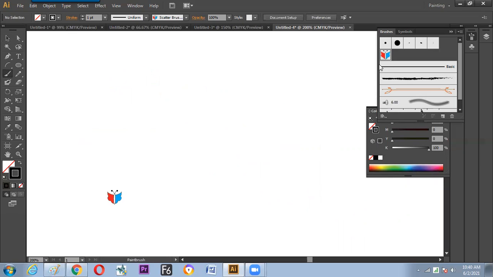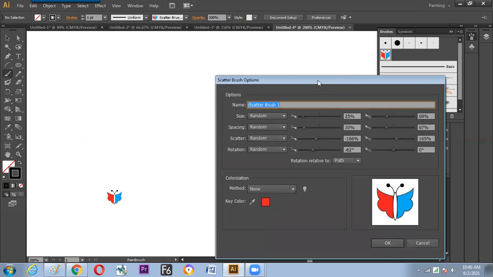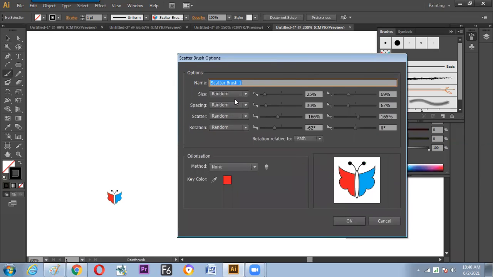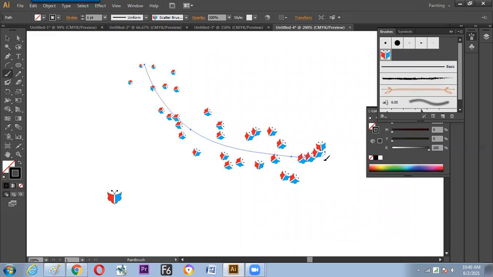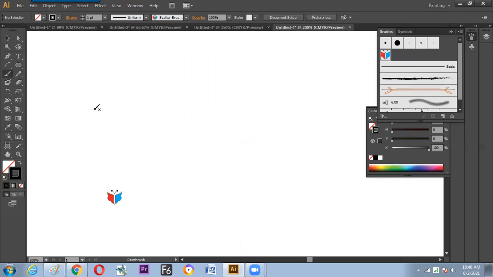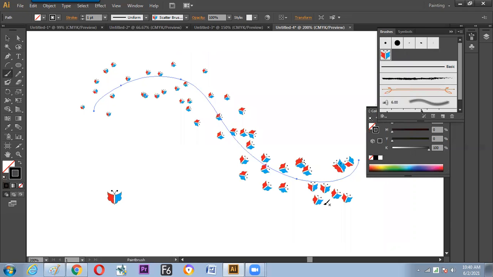Now, the next option we left out: like the size and all things are random. So it's nice. But we can switch to the pressure. That means if you put pressure, then the size has to change. So check now. We are starting with small pressure, but at the end we are hitting more pressure. So the size gets changed because of the pressure. So very light pressure, but very thick pressure on that. So size is changing